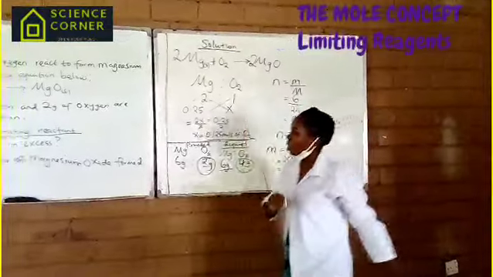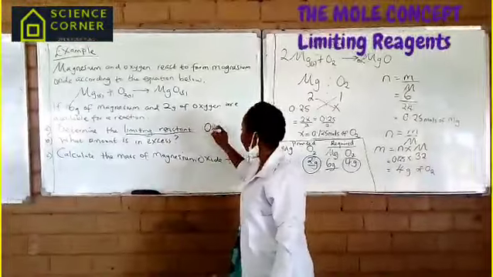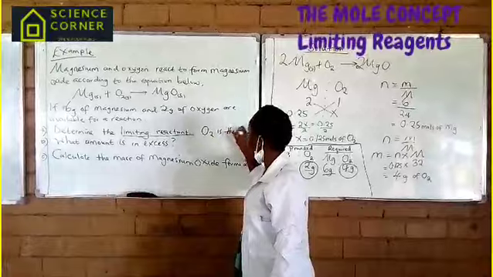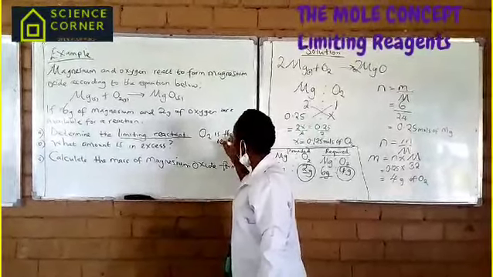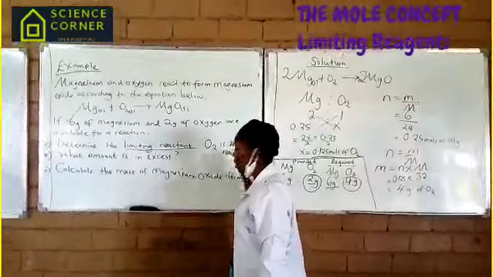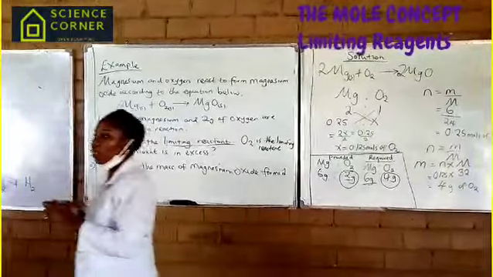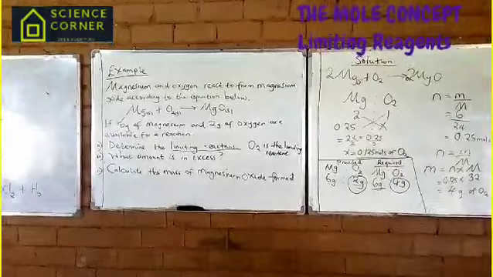Therefore, our conclusion is that oxygen is the limiting reactant. It finishes fast in the reaction because it was less than what was supposed to be required for the reaction to